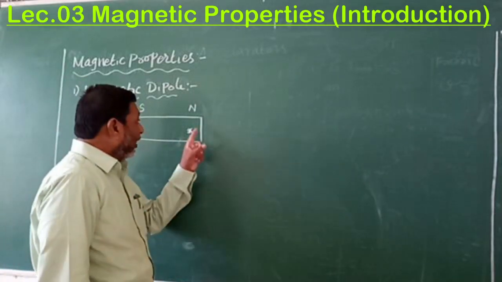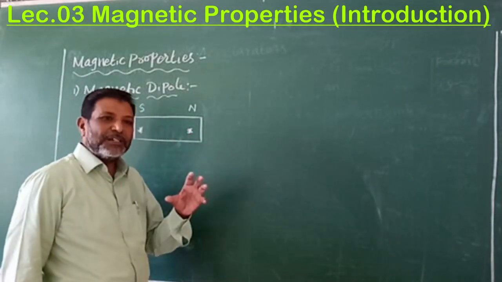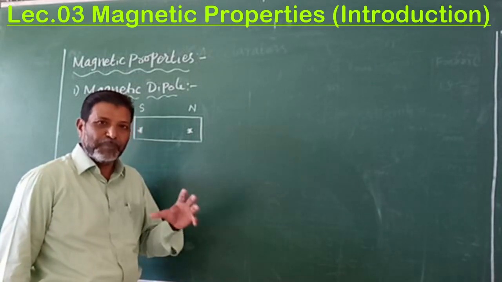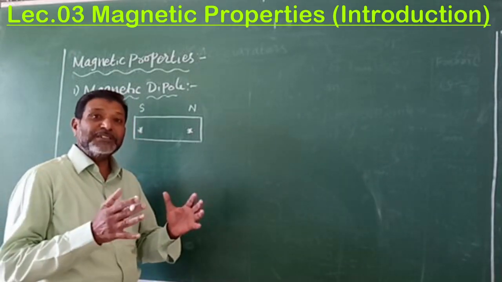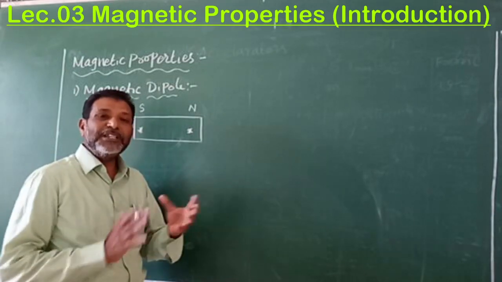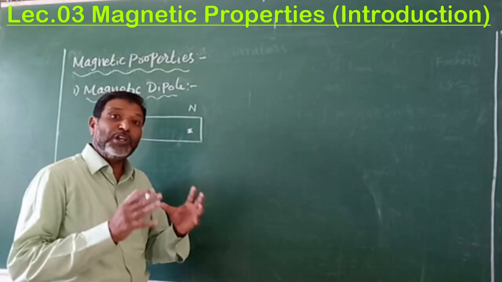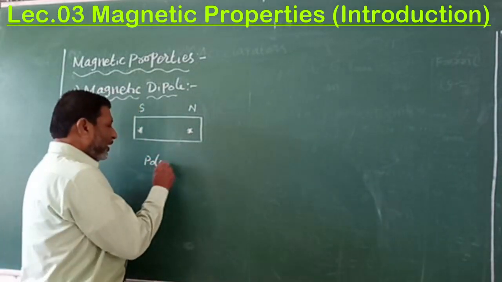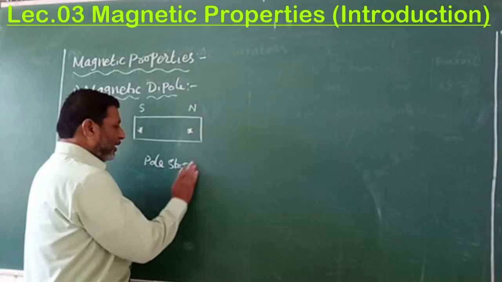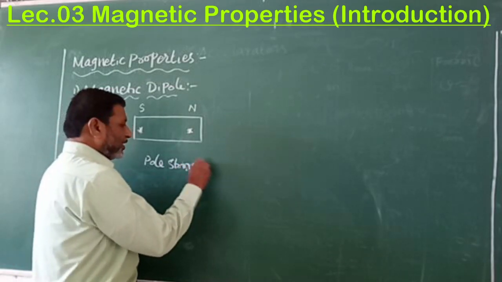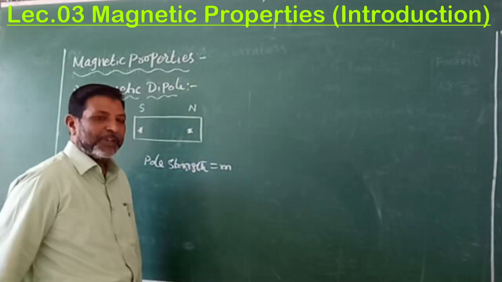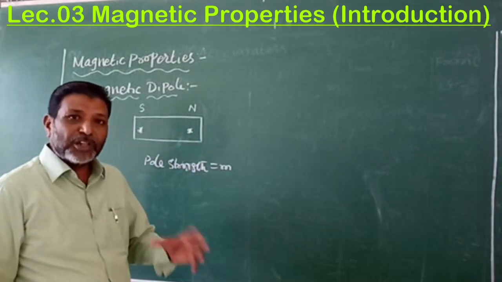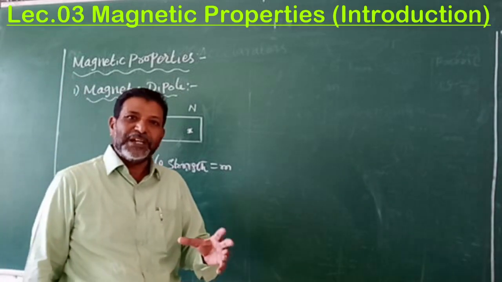And here, every pole has some strength of magnetism in it. Every pole has some strength of magnetism in it, which is pronounced as pole strength. Now that pole strength, symbolically, is represented as m. And the pole strength of the north pole is taken as positive, because